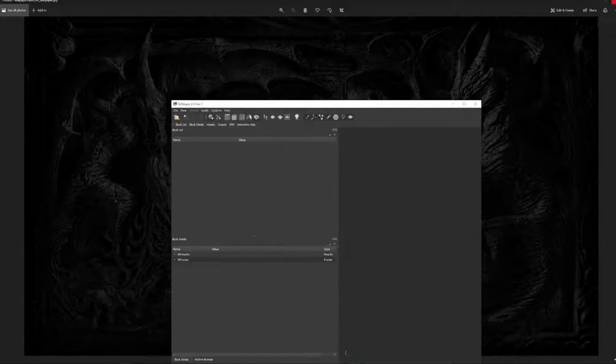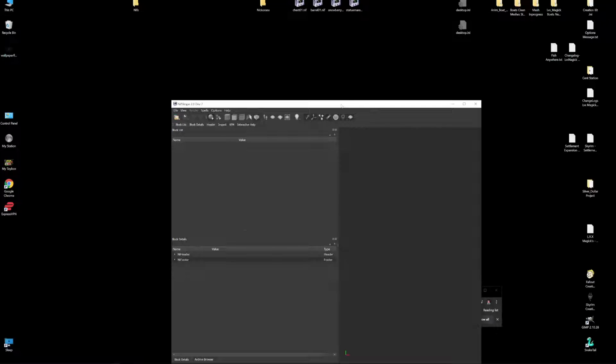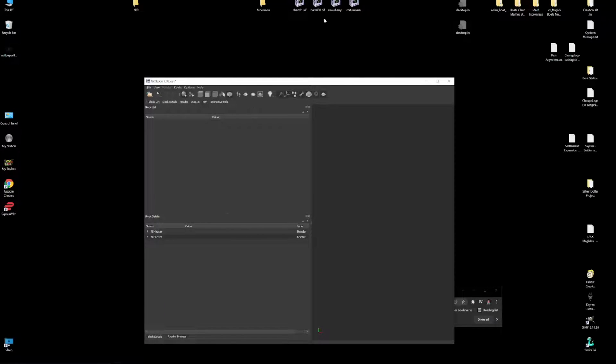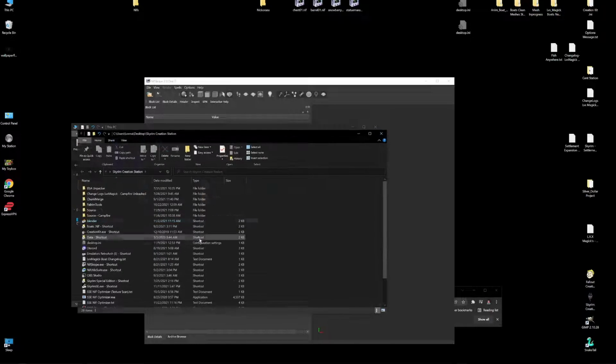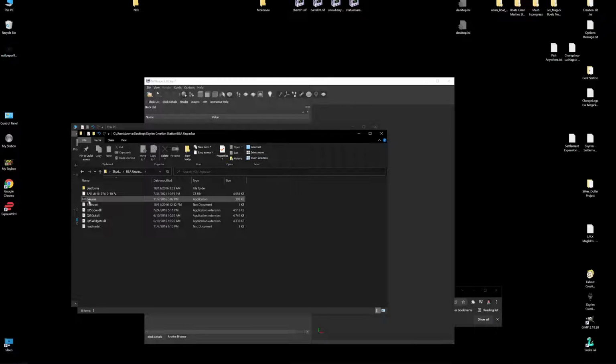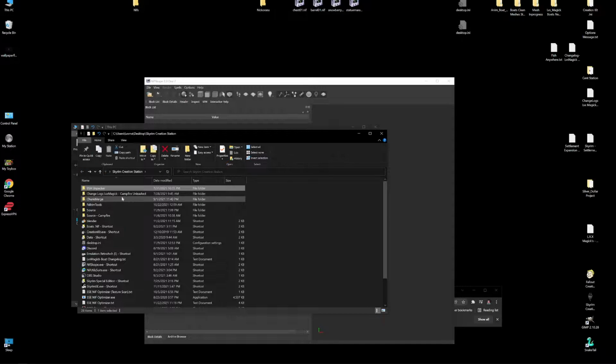Let's get into it. The best way I can show you is by working a NIF. So up here I have pulled 3 NIFs out of the Bethesda Game Studios BSAs. What you're going to want to do is download something called a BSA Unpacker, and I believe you can get this on the Nexus. I'll leave the info in the description on where to get that too.